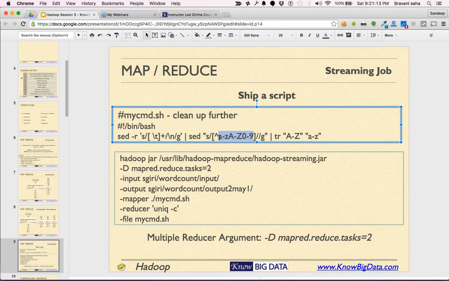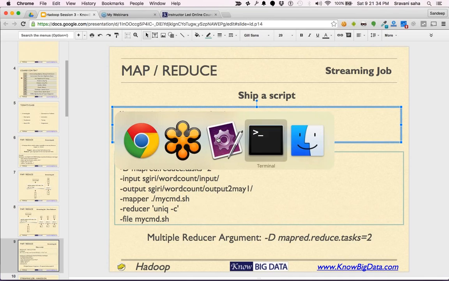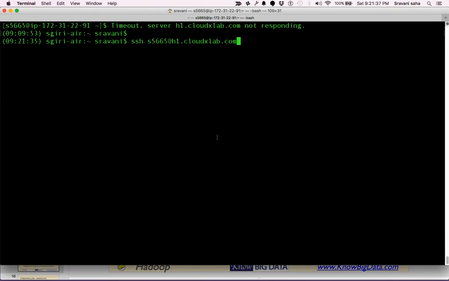This command you see here says anything which is non-alphanumeric, replace it with nothing, meaning delete non-alphanumeric characters from the line. The second command says convert the capitals into lowercase. Let's try to run this and check if it really works or not.